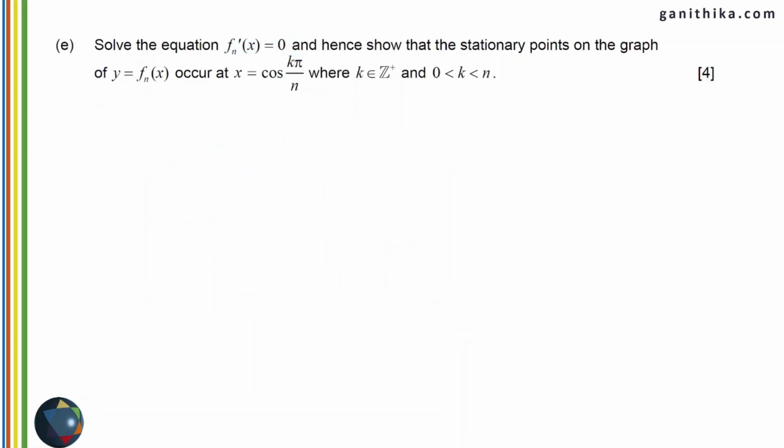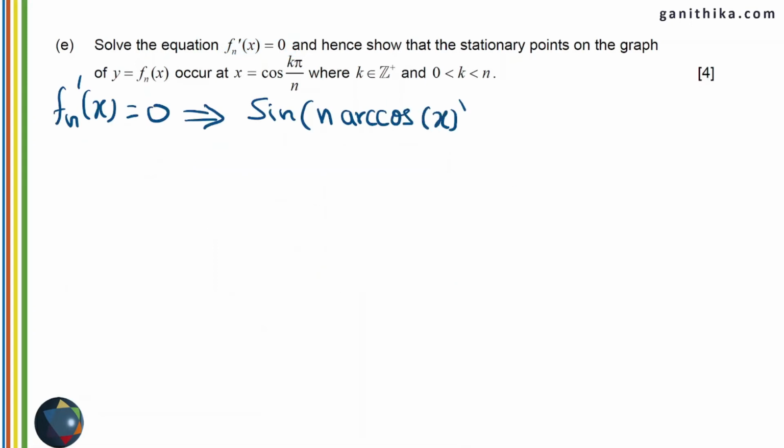So solving this, pause the video here, try to find the x value in terms of cos(k pi over n) as given in the question, and come back to the video and check your answer. In this case, we know that x is not equal to plus or minus 1. Keep it safe there so that it might be helpful in the later stage.